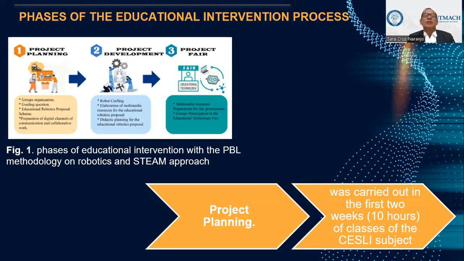In addition, it was requested to avoid the use of soldering in the robotic creations because the proposal was aimed at children. For the brainstorm step and to make the final decision on the type of robot each group would assemble, the university students created channels of communication, like WhatsApp, in collaborative work, folders, and documents in Google Drive.